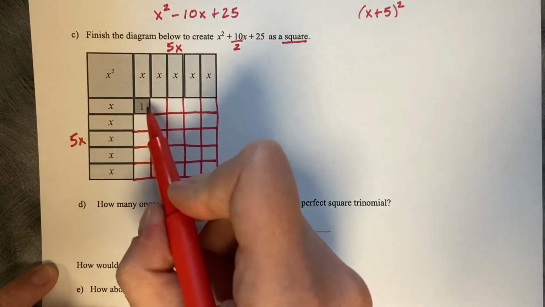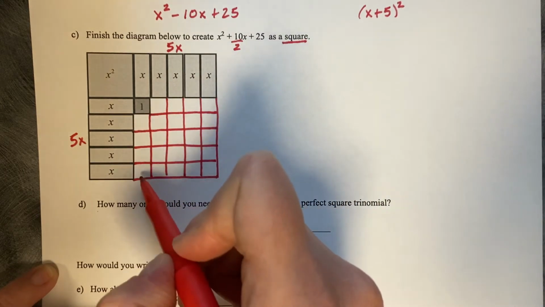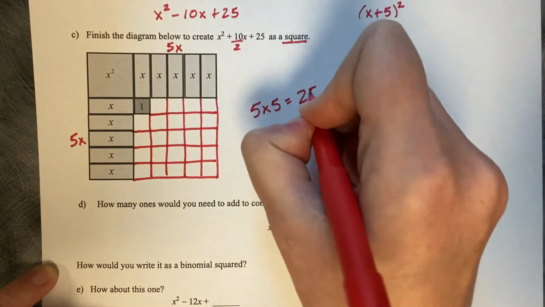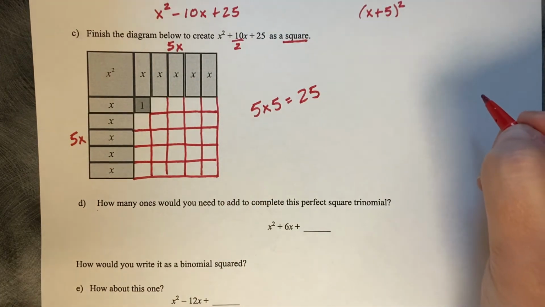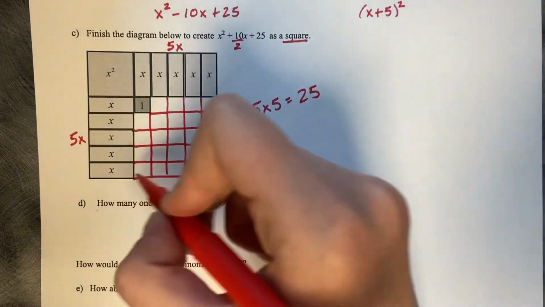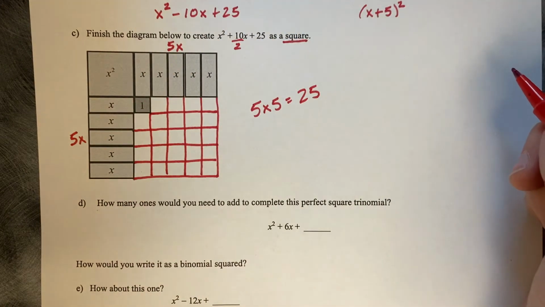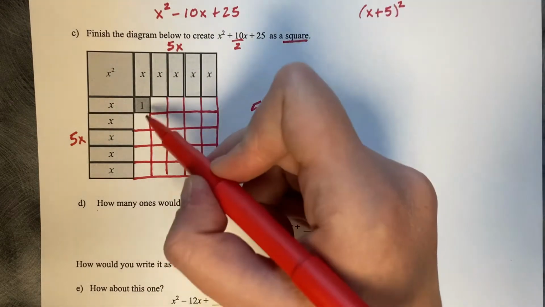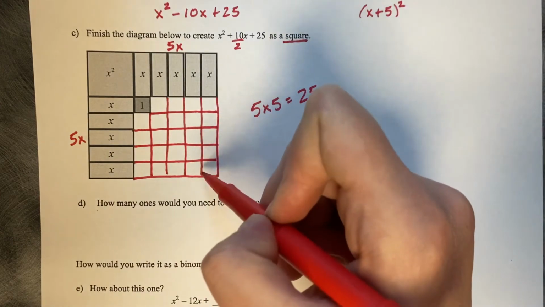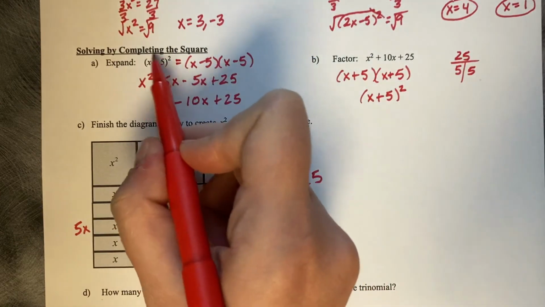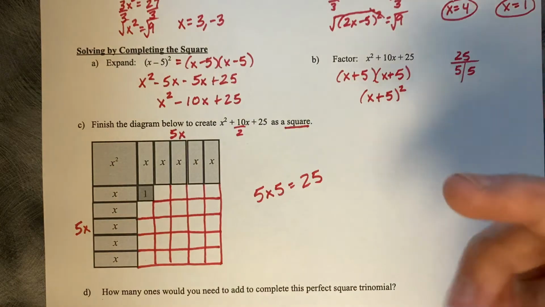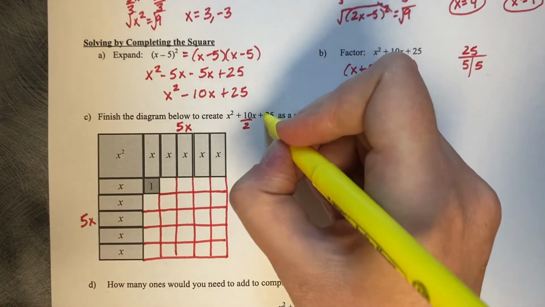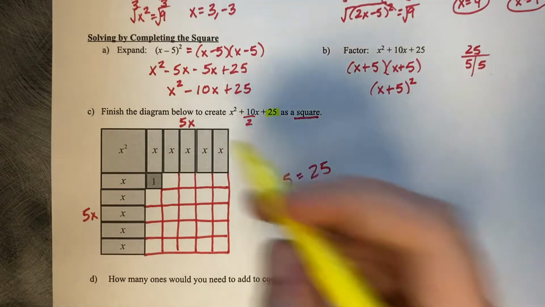So I can see it's 1, 2, 3, 4, 5 by 1, 2, 3, 4, 5. So it's going to take 5 times 5, which is 25 ones. So a perfect square trinomial, when we draw it as a diagram using what are called algebra tiles, this box that we filled in is what's going to be called completing the square. So you're asking what value of ones would make your square